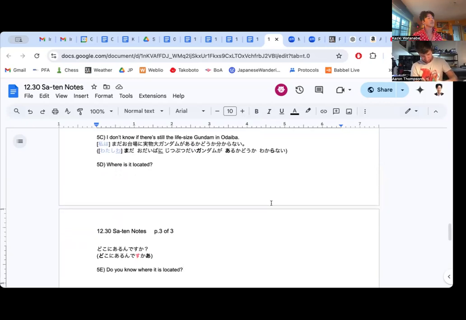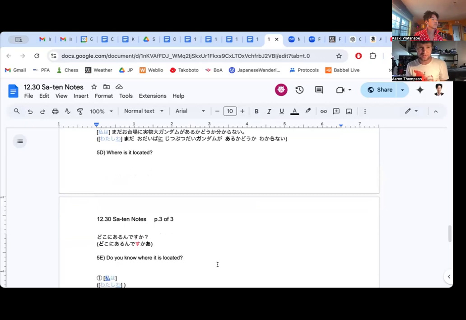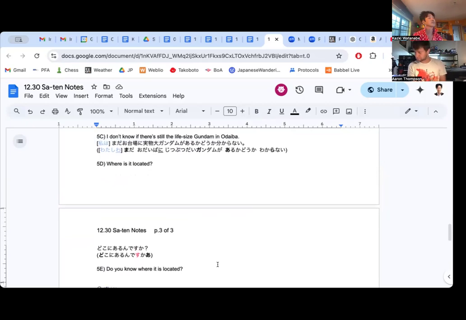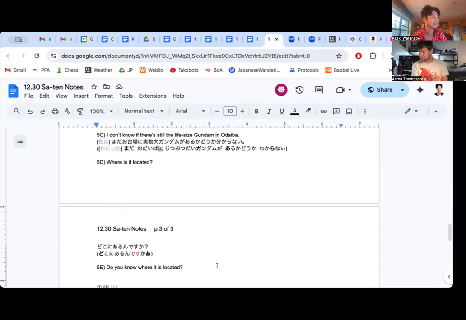Okay. Now, how about you don't know if there's still the life-size Gundam in Odaiba? まだお台場に実物大ガンダムがあるどうかわからない。Something is definitely necessary after ある before どうか. あるかどうかわかる。You don't know. もう一回。まだお台場に実物大ガンダムがあるかどうかわからない。そうです。